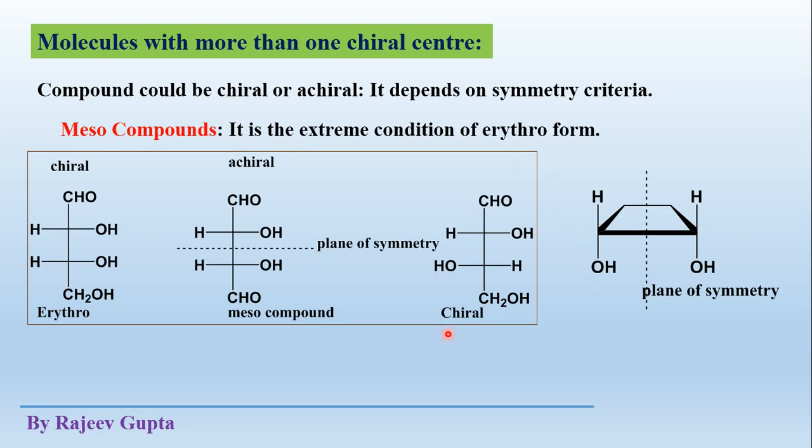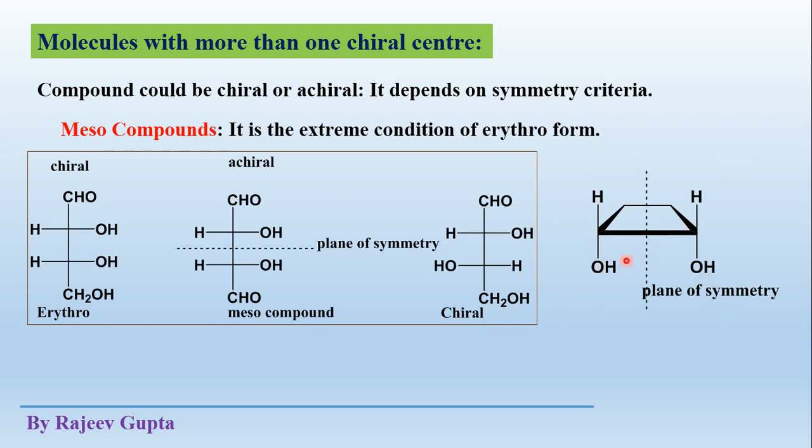Now see this molecule, it also contains two chiral centers and no plane of symmetry, so it is a chiral molecule which has two chiral centers. Okay, it is the threo form of this erythro form. Now see this molecule,